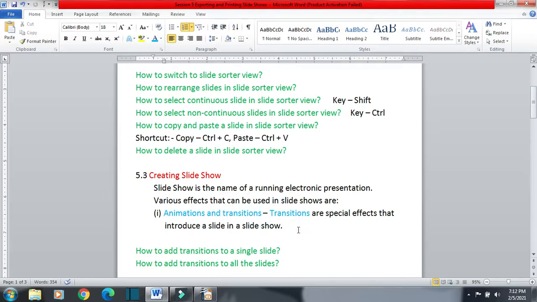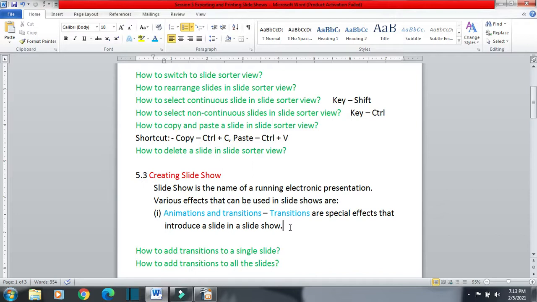Both we use. So what is transition? Transitions are special effects that introduce a slide in a slideshow. Suppose one slide is running, and when I want to remove this slide and go to the next slide, the effect that will introduce this new slide in the slideshow is the transition effect. It means how the new slide will come in the slideshow.